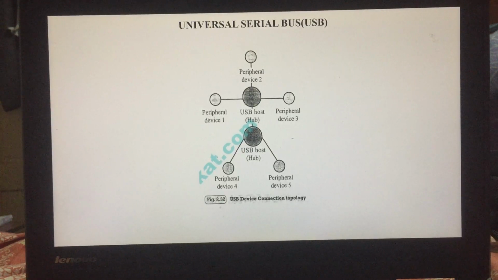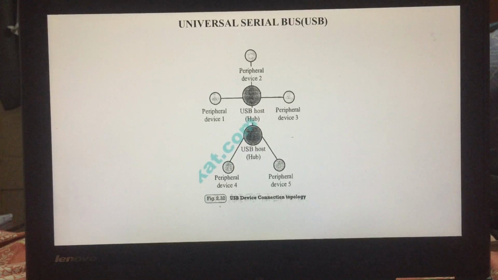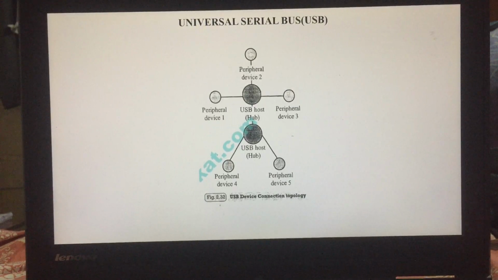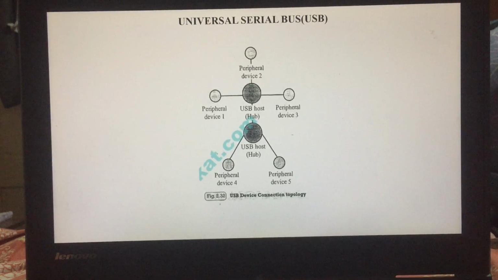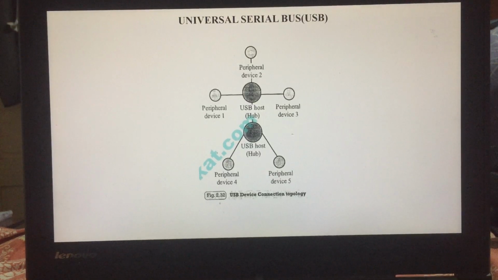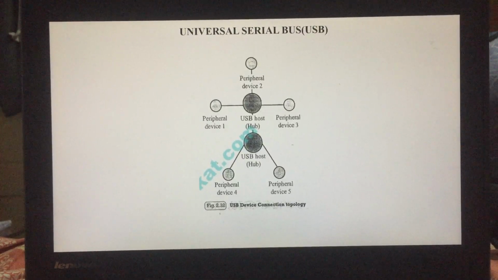USB supports 4 different types of data transfer, namely control, bulk, isochronous, and interrupt data transfer. Control transfer is used by USB system software to query, configure, and issue commands to the USB device. Bulk transfer is used for sending a block of data to the device. It supports error checking and correction. Isochronous data transfer is used for real-time data communication. That is, the data communication happens with time. Interrupt transfer is used for transferring a small amount of data.